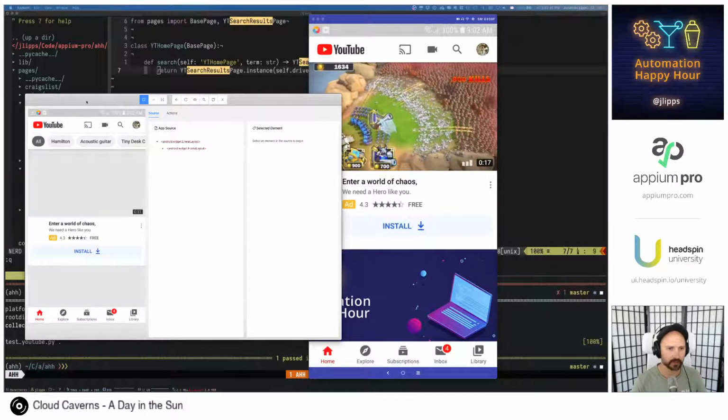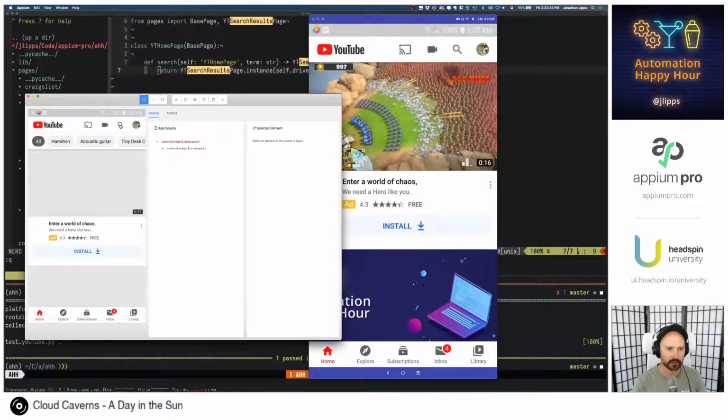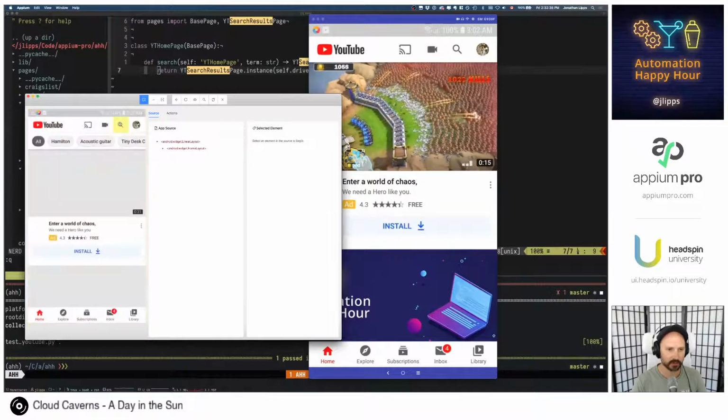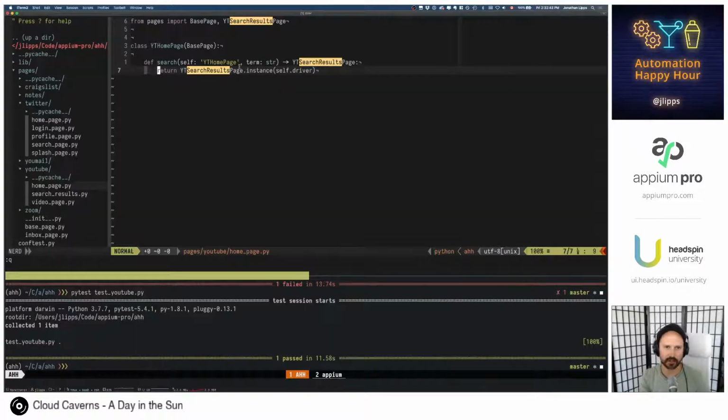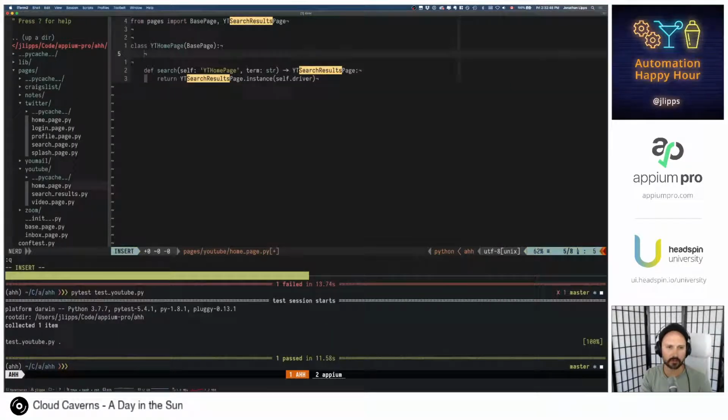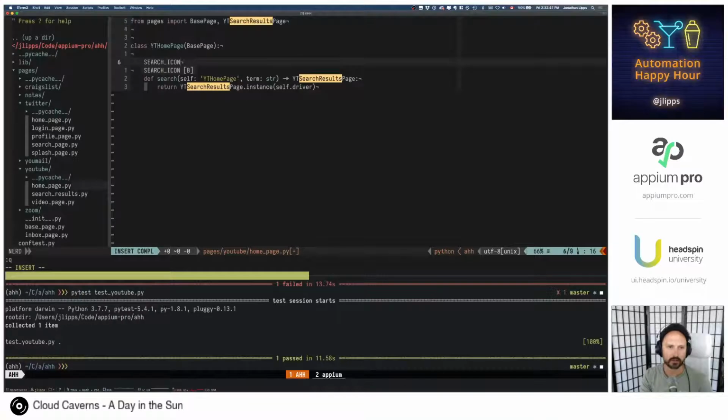Cool. So here, all we want to do is search. So first thing we care about, finding the search icon. Ooh, has an accessibility ID of search, so that's nice. So we can say search icon equals, we want mobile by, and we need to import that.